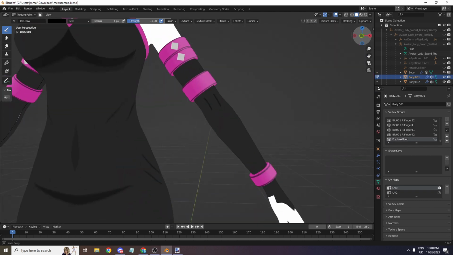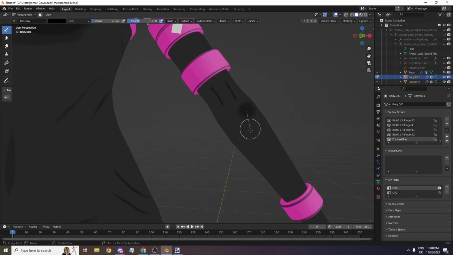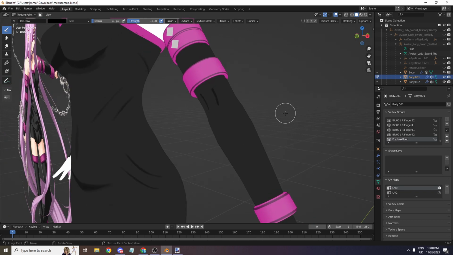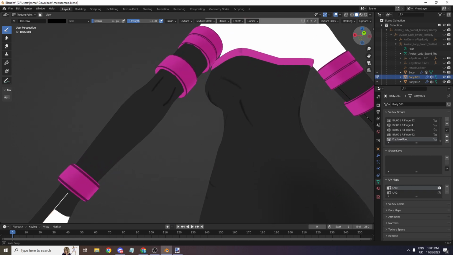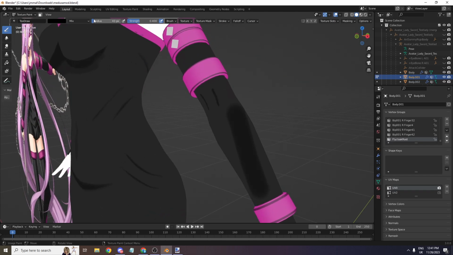Yeah, looks fine. So once that's done, we're going to create a shadow. So just create a shadow around your elbow area. It's going to go around a bit like this. Same thing over here. We're going to create another shadow, just goes around like this. So once that's done, we're going to select this,